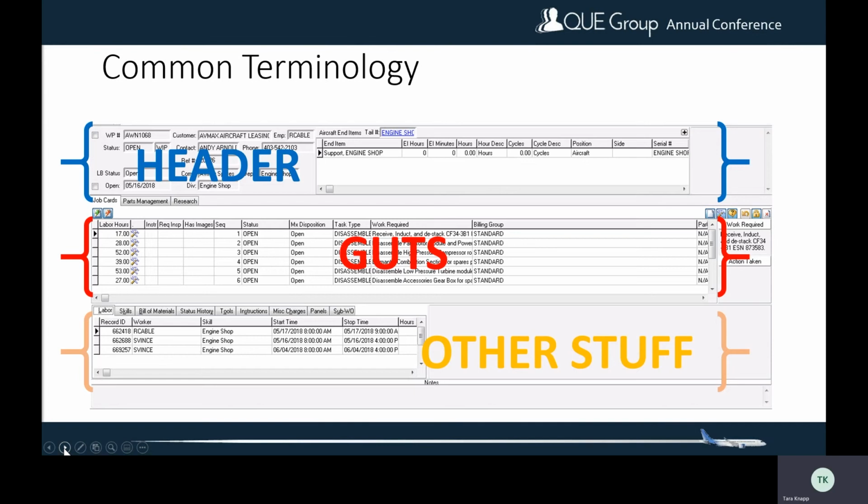So here I've described the header. We looked at that together already. The second portion is the guts. This is where a little bit more detailed information about the order lives. And then at the bottom, we have other stuff. And this changes from module to module, but it too is additional detail of what the guts is of the header. So if we switch back over to Quantum,